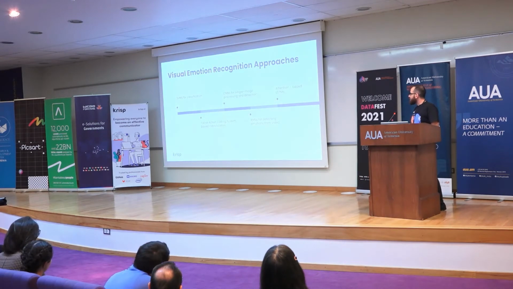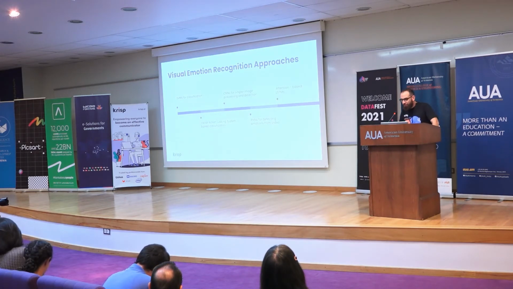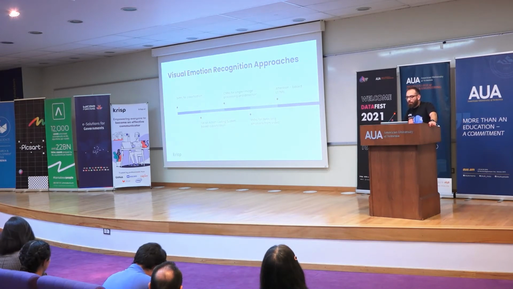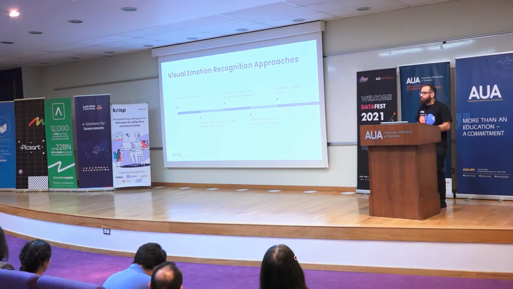Historically, for the classification task, SVMs, support vector machines, performed very well, and then the same person, Paul Ekman, came up with a system which is called the facial action coding system that introduces action units, which are the means by which people express emotions,